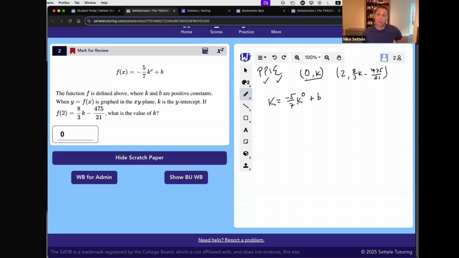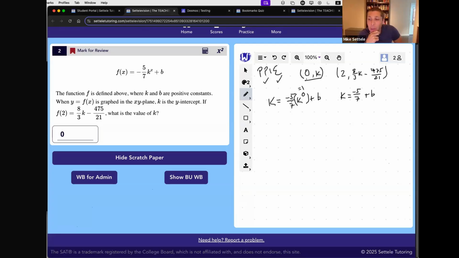So it seems like there's a lot going on, but lucky for us, k to the 0 is equal to 1. And we need to remember that. We're going to see zeros and ones in lots of places on lots of math questions. We're going to use those numbers a lot. So we have to be comfortable with the properties of 0 and 1. And so anything, whether it's a letter or a number, anything raised to the 0 power is 1. Meaning that this is just k equals -5/7 plus b, because 1 times -5/7 is -5/7. So I don't know what to do with that yet, but it's a little nicer than what we started with. It's a little simpler. So, okay, where do I go from there?